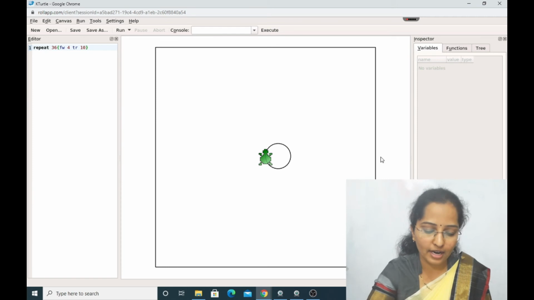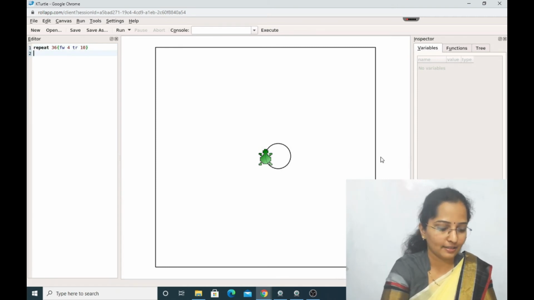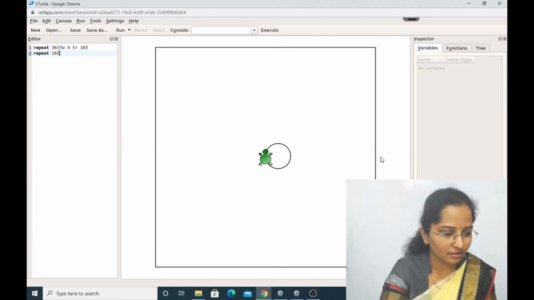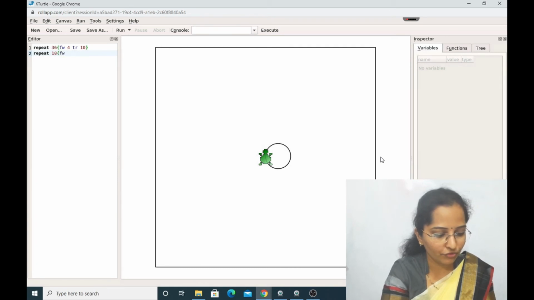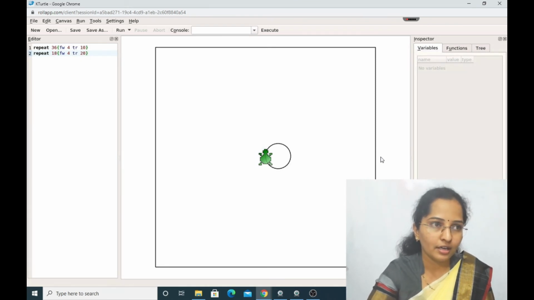Okay, now again we'll see, repeat 18, open the flower bracket, FW 4 and turn right 20, close the flower bracket and click on the F5 key. Okay, one more small circle has been drawn inside the circle.